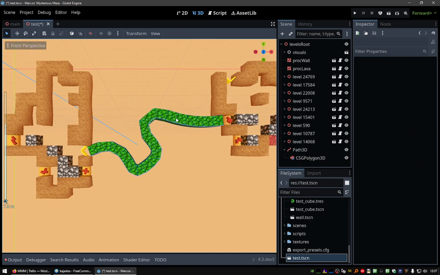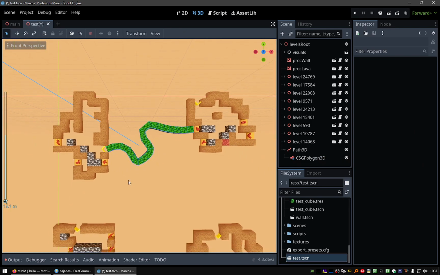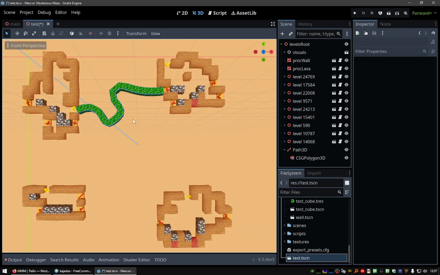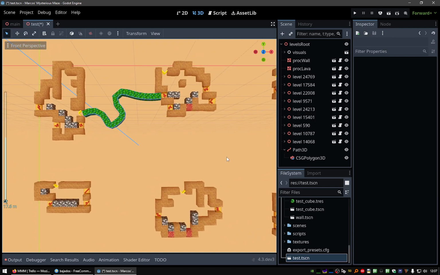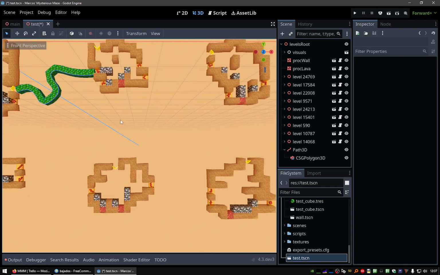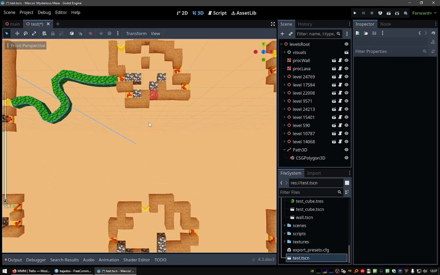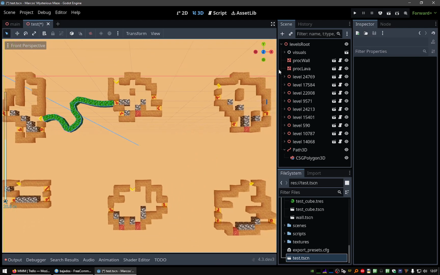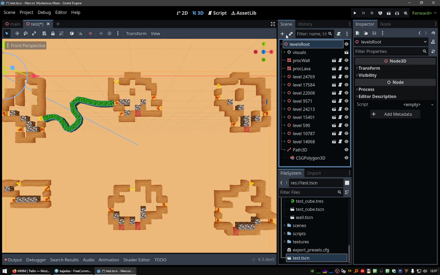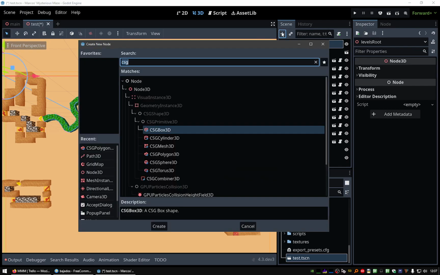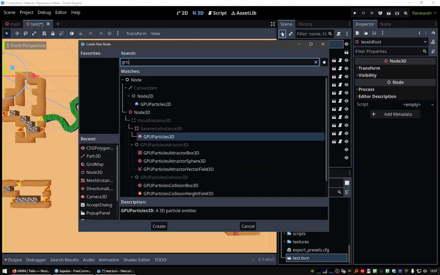But it looks nice, so perhaps I will consider doing it for certain kinds of connections and using another approach for other kinds of connections. For example, you could use another kind of node that is the GridMap